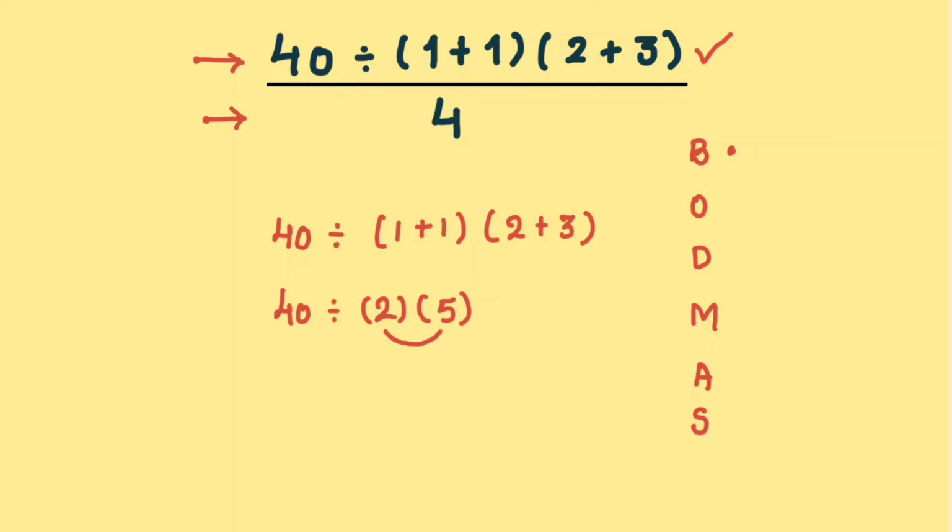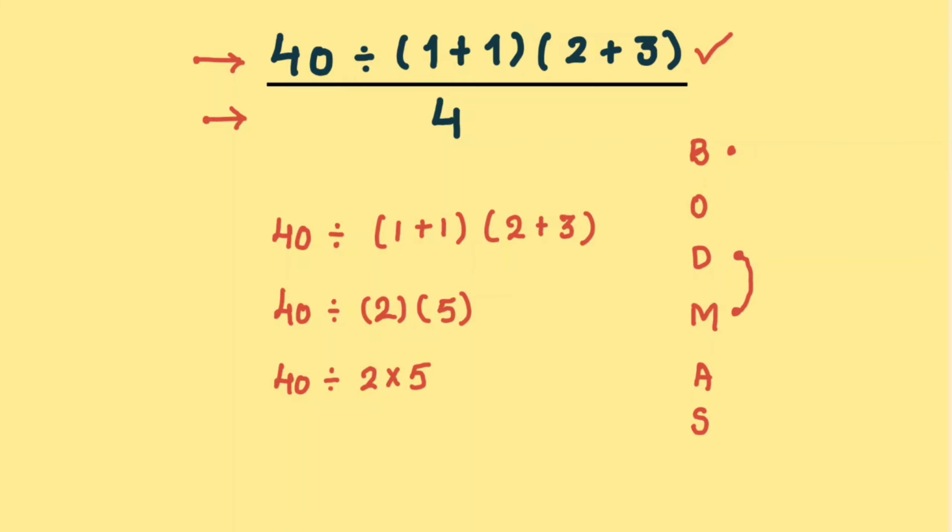Now a common mistake people make is to simply multiply 2 and 5 to get 10 and divide 40 by it, so the numerator becomes 4, which is not the correct way to use BODMAS. Instead, in this step, simply write this 2 and 5 as 2 multiplied by 5 and then use the BODMAS